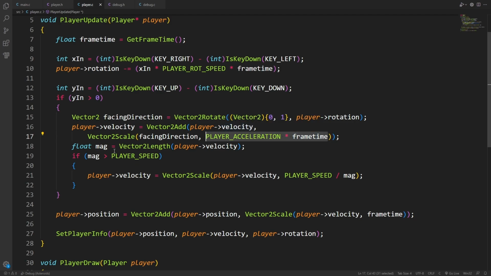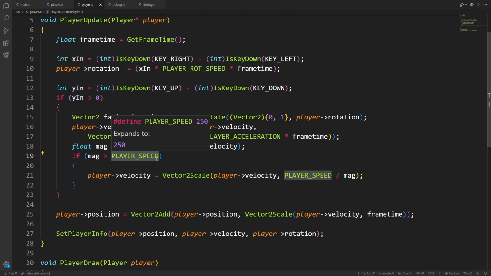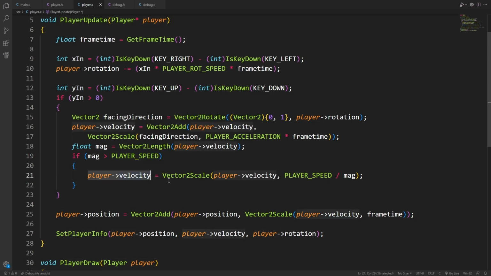to the velocity. Now I compute the magnitude of our velocity after that add step, and if that magnitude is larger than what the player speed should be allowed to be, then I will set the player velocity equal to a magnitude of player speed divided by magnitude. So the current magnitude is magnitude. So if I divide the length by magnitude, I'll get a normalized vector, and then I can multiply it by